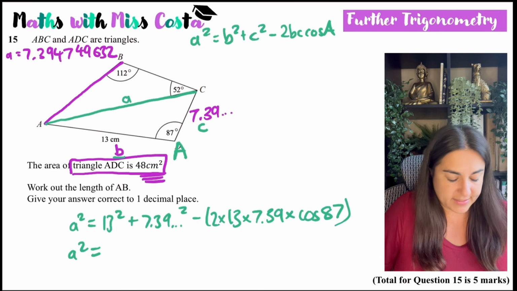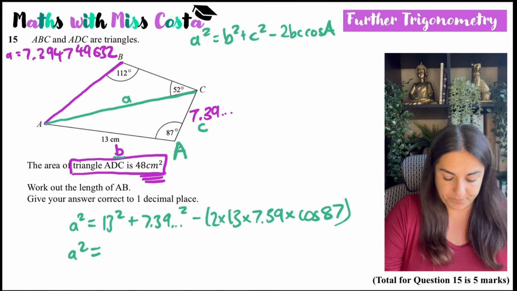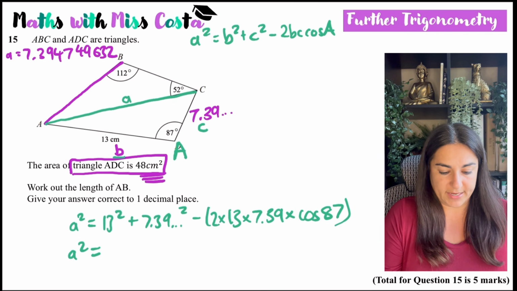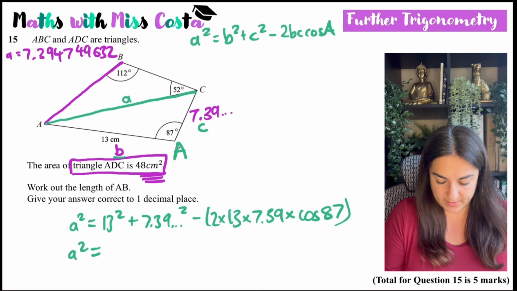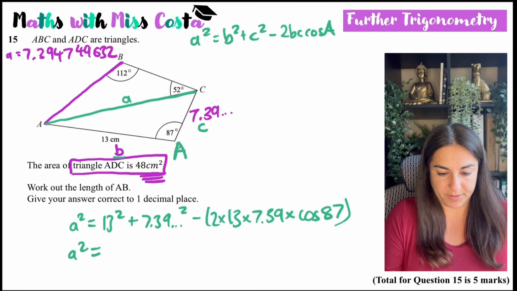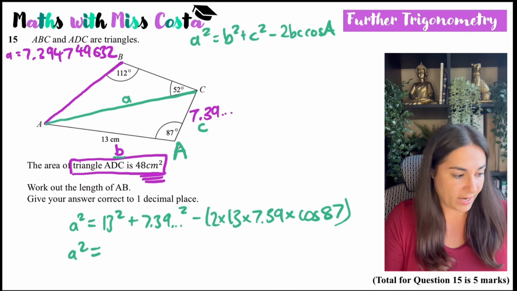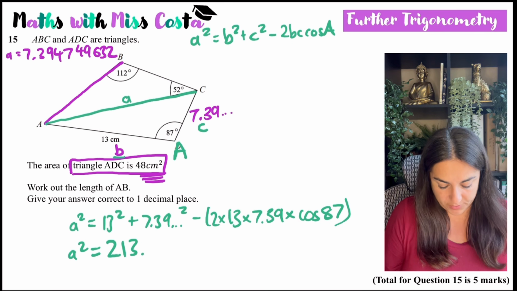So a squared is going to be 13 squared plus answer squared, take away brackets, 2 times 13 times answer times cos 87, and put that all in brackets, and that gives you